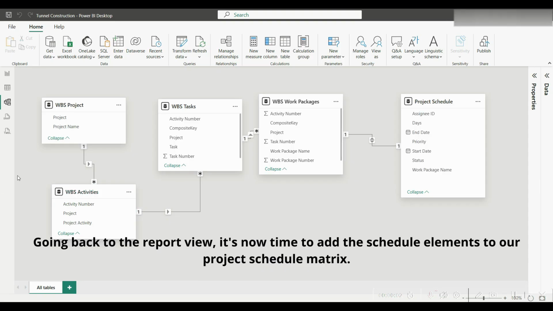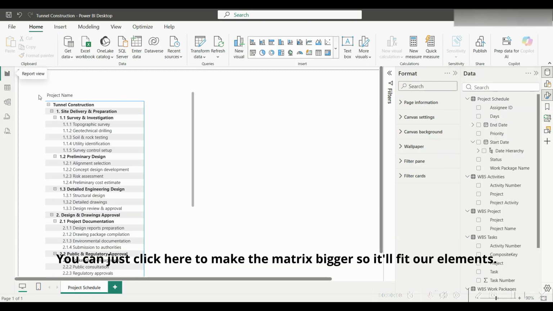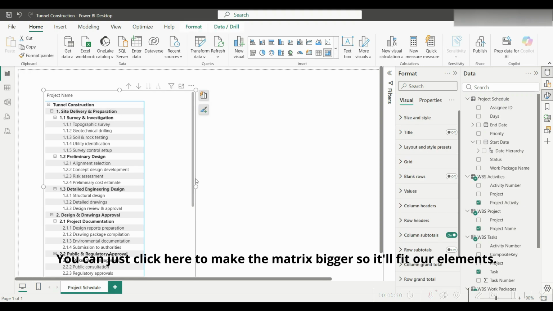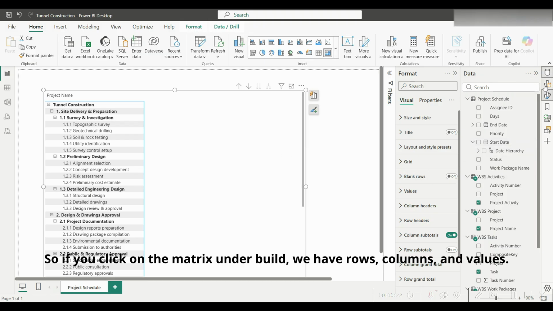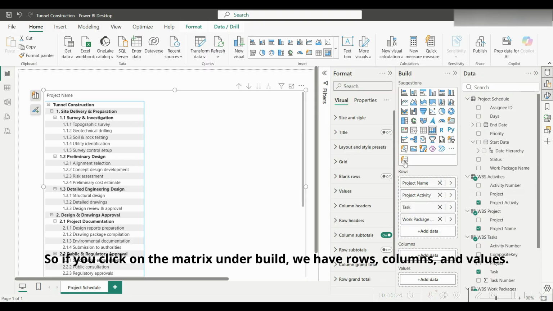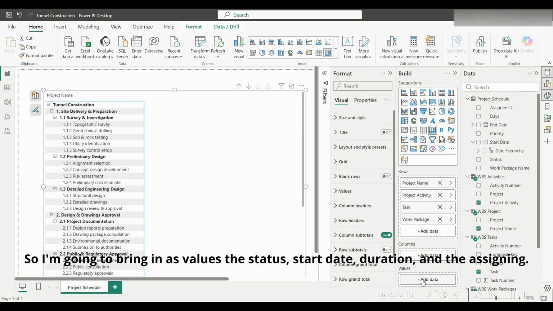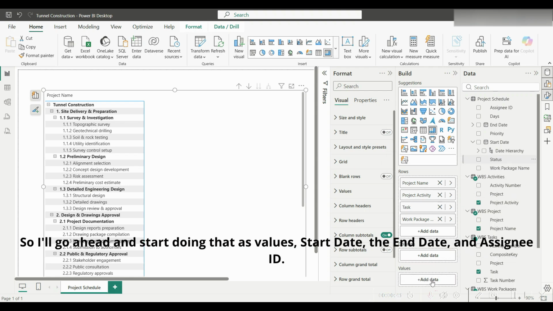Going back to the report view, it's now time to add the schedule elements to our project schedule matrix. You can just click here to make the matrix bigger so it'll fit our elements. So now I'm going to bring in as values. So if you click on the matrix under build, we have rows, columns, and values. So I'm going to bring in as values the status, start date, duration, and the assignee. So I'll go ahead and start doing that as values,